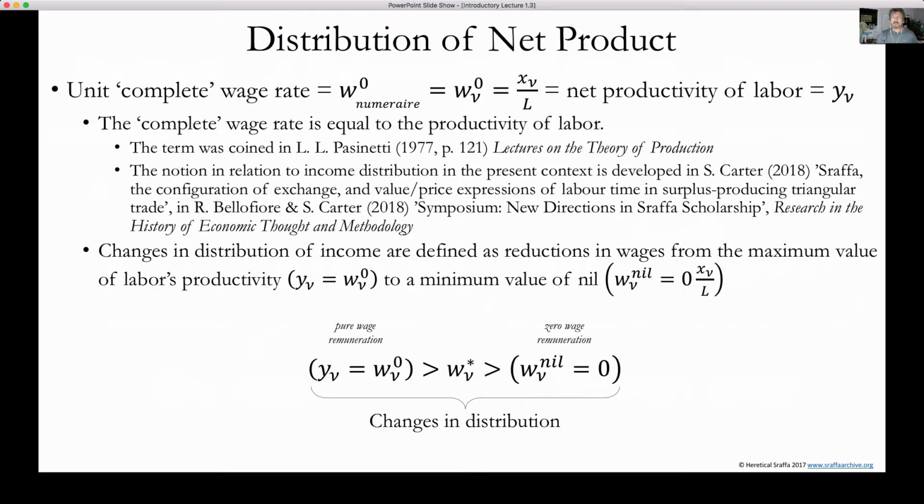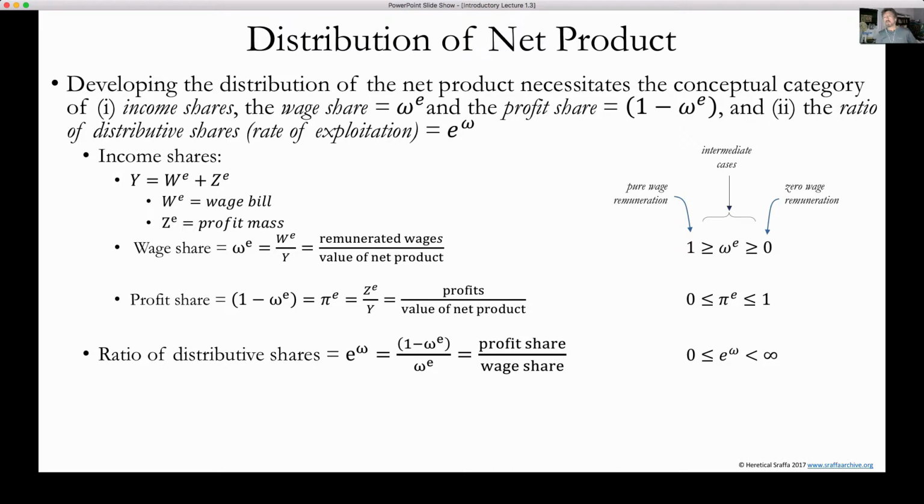But the argument here is that the complete wage rate is going to be based on complete remuneration of labor productivity. Changes in distribution of income are defined as reduction in wages from the maximum value of labor's productivity to the minimum value of 0. I'm going to talk about the idea of the 0 wage rate, but for our purposes here, let's just look at the extremes. Extreme values where the maximum wage is labor productivity and the minimum wage is going to be 0, workers live on air. We'll talk about some of the controversy associated with that. But this becomes your changes in distribution, and then you can see how this process is going. So distribution changes, wages decrease from the maximum value equal to labor productivity to the minimum value 0, and that's what we refer to as the